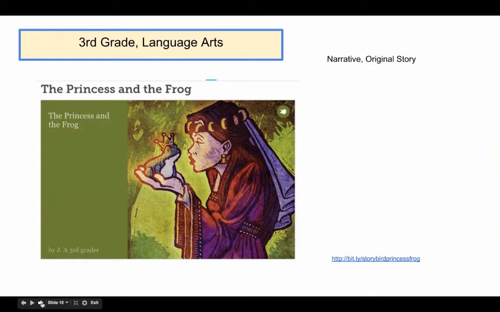This is an example of a digital story created by a 3rd grade teacher, and he used it for a read aloud. So after he created his story, he showed it in class and he read the text aloud. So doing digital stories using a tool like Storybird is a great way to present an original story and at the same time do a read aloud with the class.